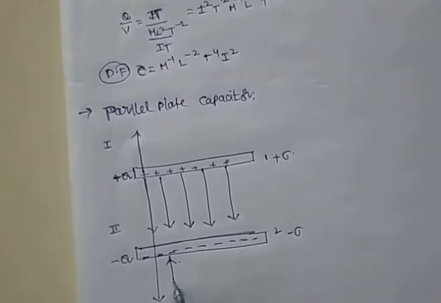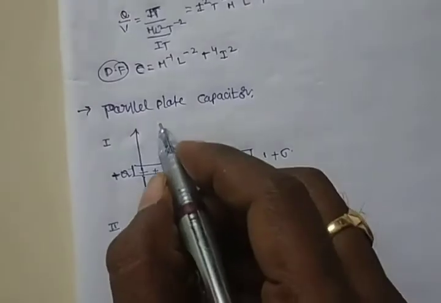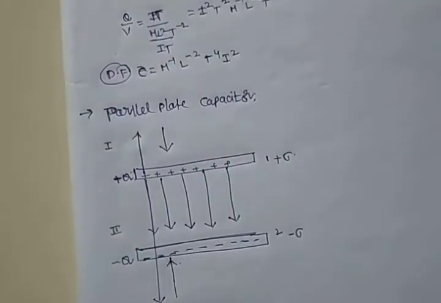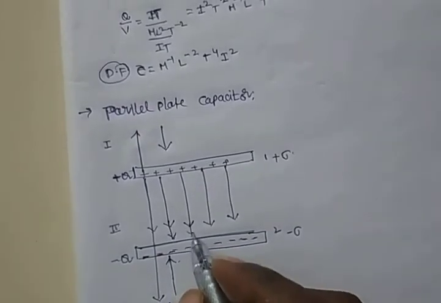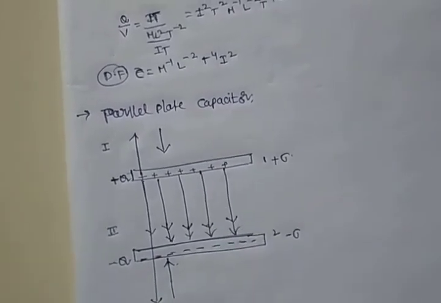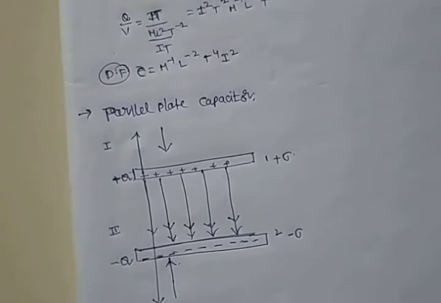This holds for each of the regions. That means the total electric field intensity